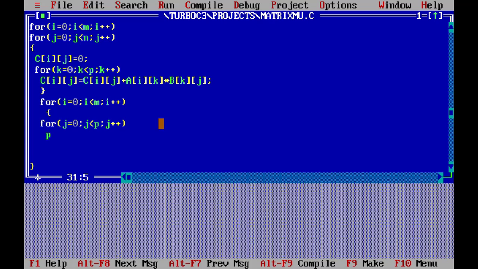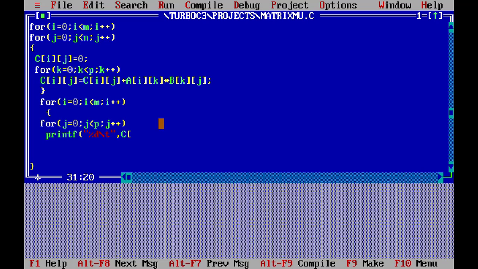See there, printf percentage d, and I am putting a slash t. So what this one is, it's an escape sequence like slash n, used for arranging the elements with the tab settings. So you will get this on screen.